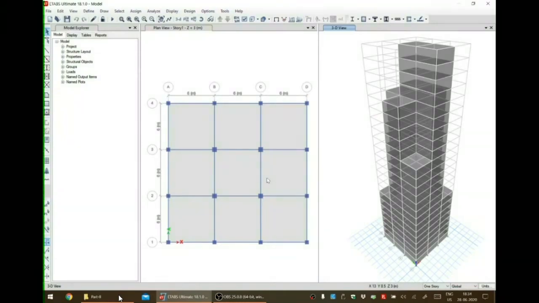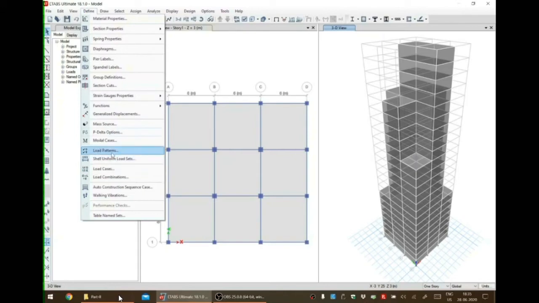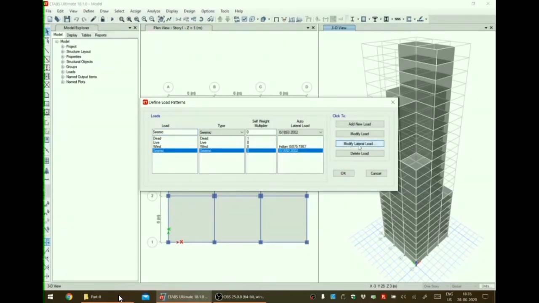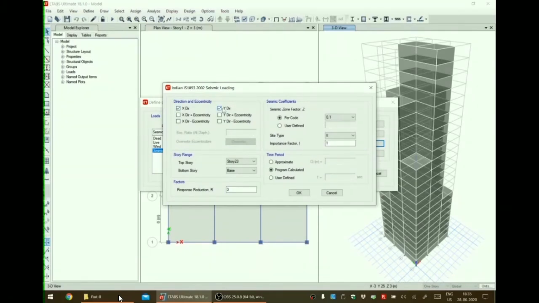Now we shall go ahead with the model and analyze it being subjected to response spectrum method of seismic loading. So to do that, first let us start with that seismic load is defined within the model. Let us open load patterns. Here seismic load is being defined and both x and y direction are being checked.